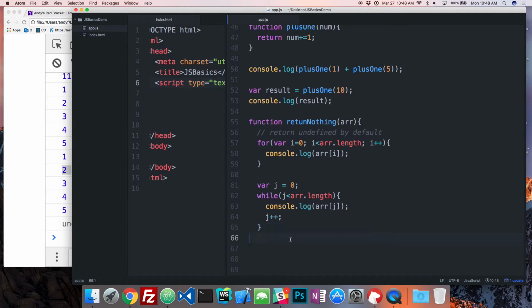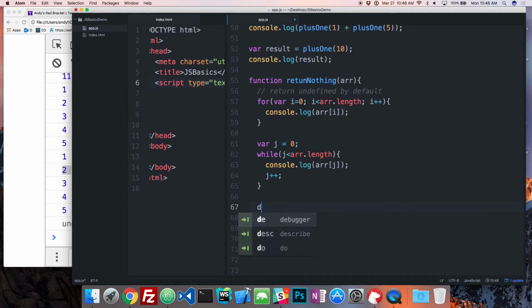Right? Now, there's also this thing called the do while loop. So there's really not that many loops to remember. For loop is one of them. While loop is another one. And I think the other one that you'll see is the do while. So the only difference between while and do while is that the do while will do something first, and then it'll check the condition, like that. Right? So this guy will check the condition first to see if I want to do it.